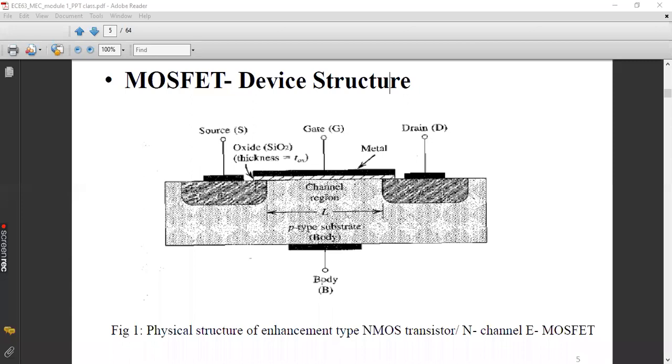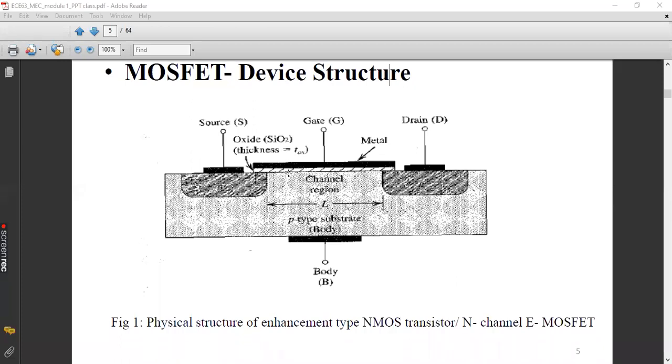Right now, just concentrate only on source, gate, as well as drain. The terminal called body, you take from the P-type substrate. So this is the structural arrangement of an N-channel MOSFET.